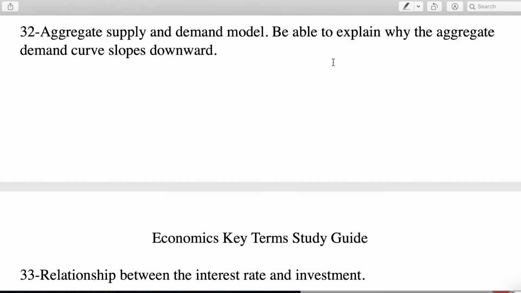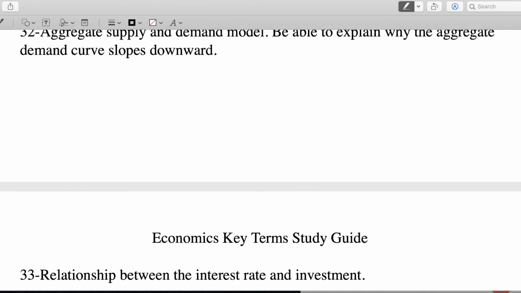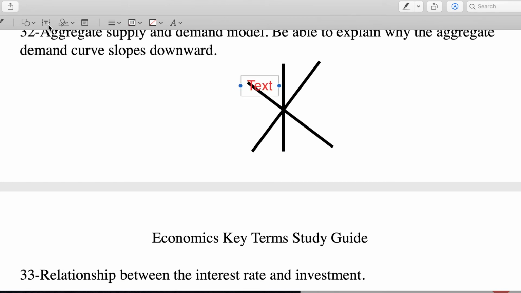Aggregate demand and aggregate supply model, well, you draw this like an X, right? The downward sloping one is just aggregate demand, upward sloping one is aggregate supply. And then through the equilibrium, we actually draw one more thing. So this is like aggregate demand, this is like aggregate supply, and then through the equilibrium is going to be long run aggregate supply.